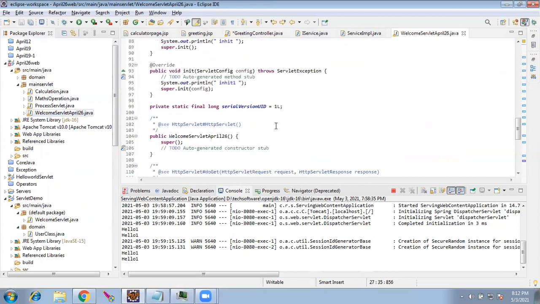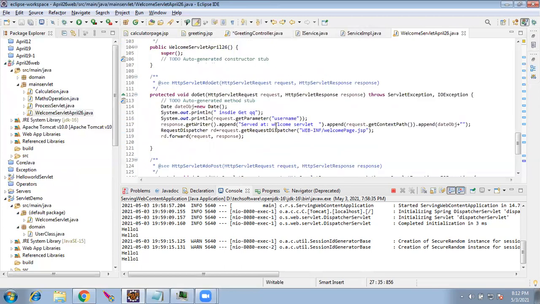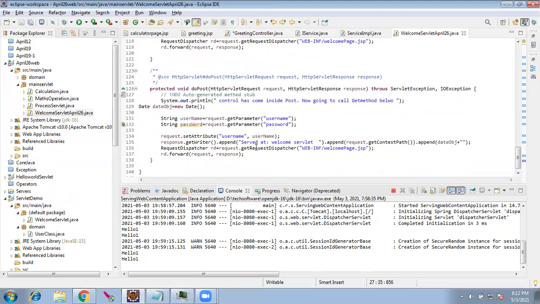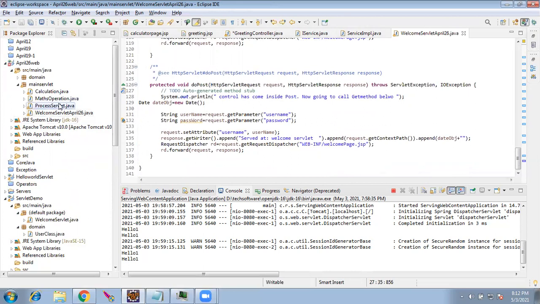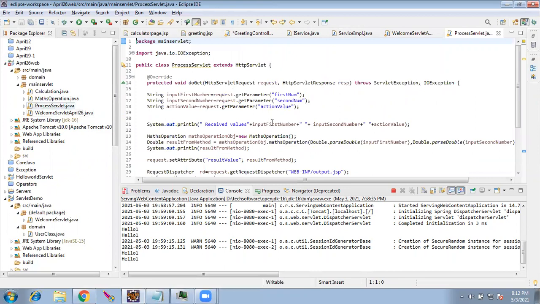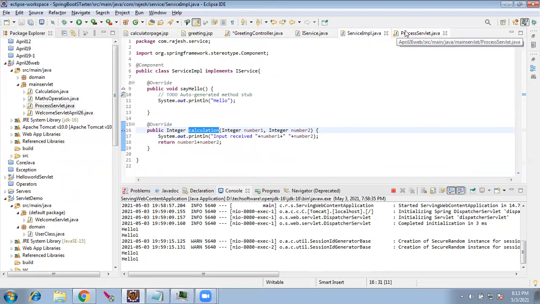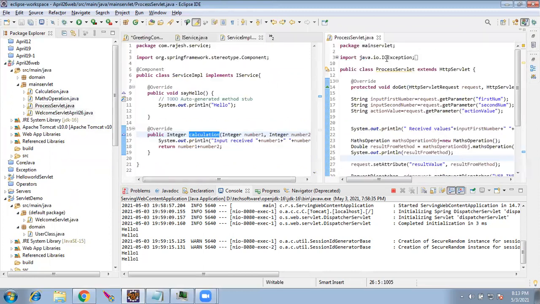Where did we call the mathematical operation? Process servlet. Here it is. I'll keep these two files side by side.